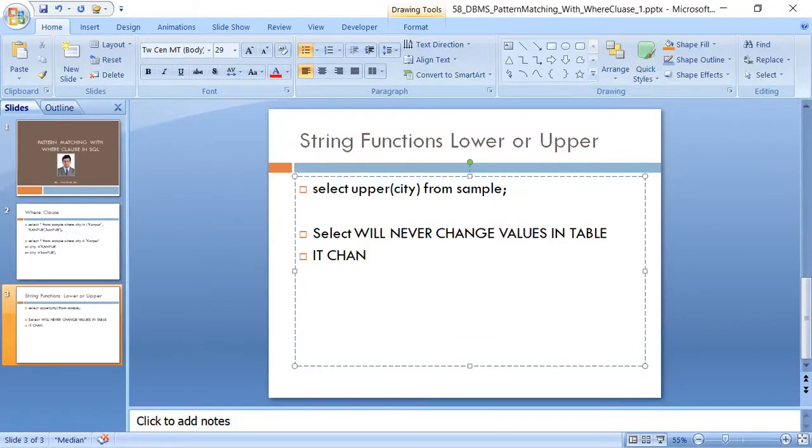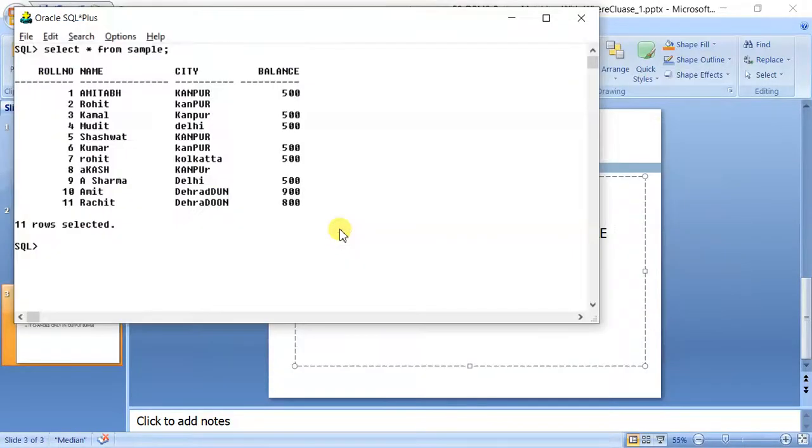It changes only in the output buffer. And the effect of a previous query is not passed to the subsequent query in case of select. This also you have to remember.